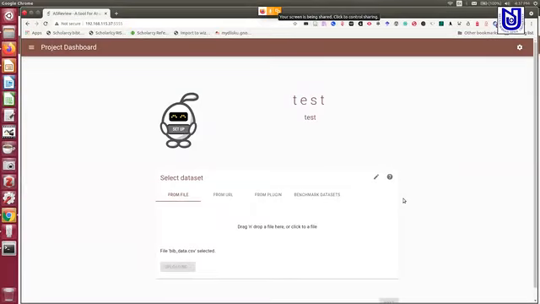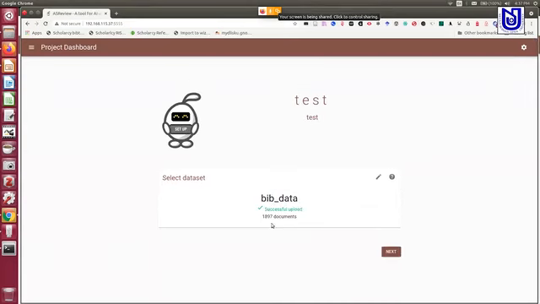Now the moment you upload, it will take some time, and it says that there are 1897 documents. So I do not have to go through all 2000, almost near 2000 documents here. What I will do, I will click next,